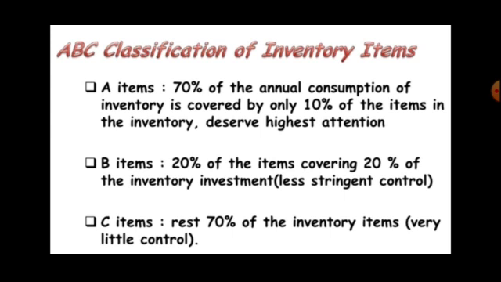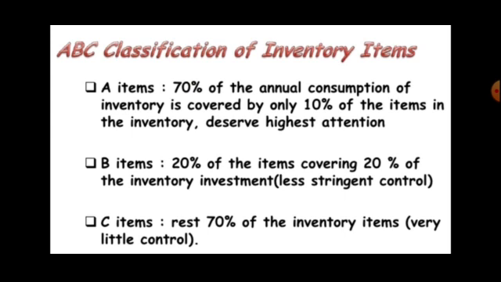B graded items cover 20% of items. That means for production only 20% of such items are required. They are comparatively less in importance, and the investment is also at a lower level. For example, certain spare parts required for production, like covers, or if we talk about manufacturing of cars, tires, it can be 20% of the entire product.